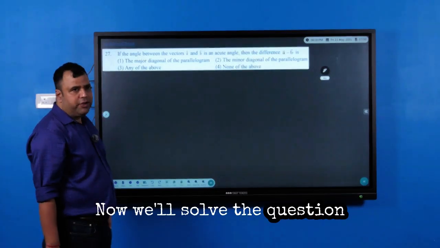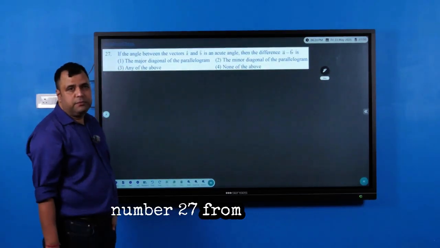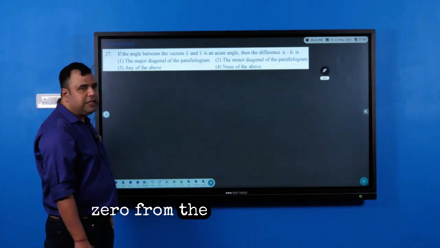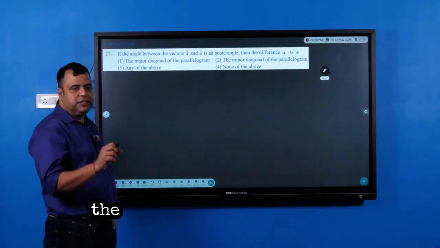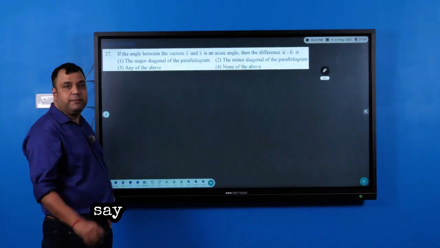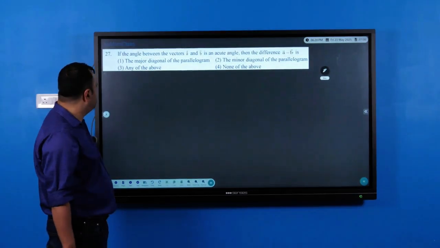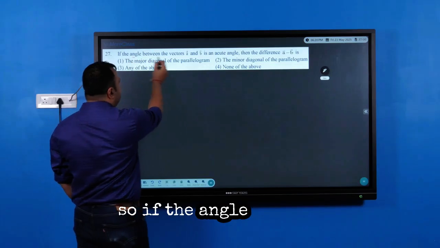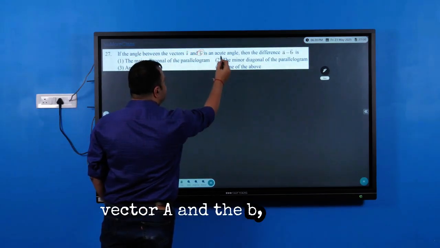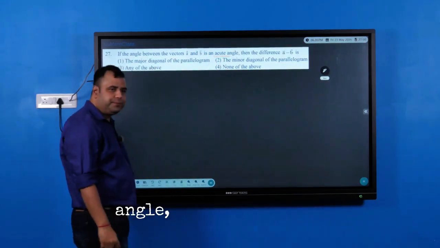Now we will solve question number 27 from the phase 0 book, from the chapter Vector. This is in the exercise of the chapter called Vector in the 0th phase book, or you can say the bridge course phase book. So according to this question, if the angle between vector A and vector B is an acute angle, meaning